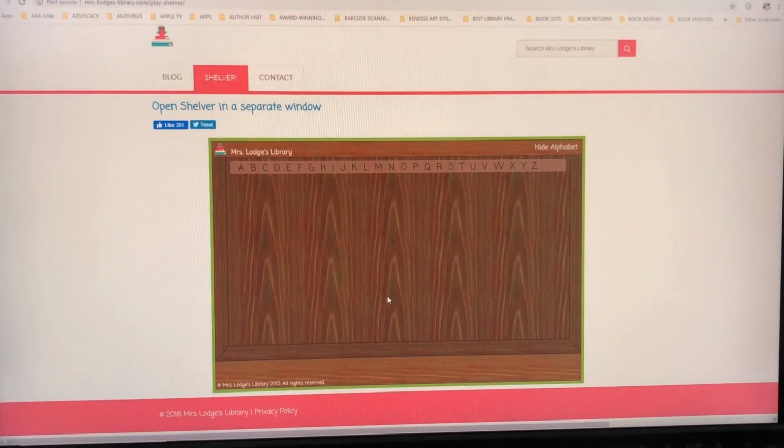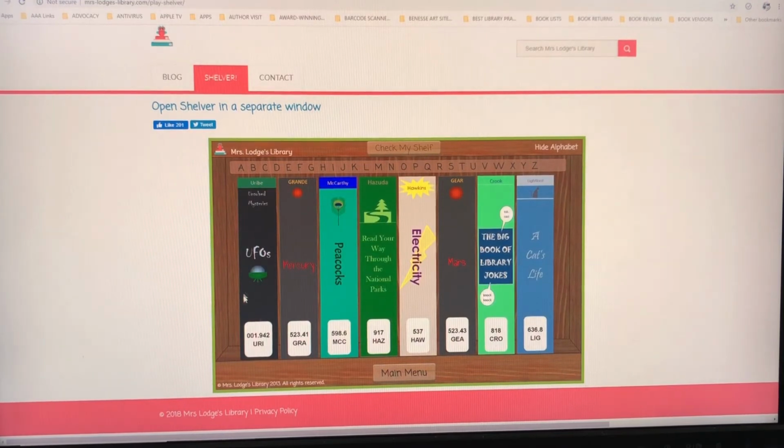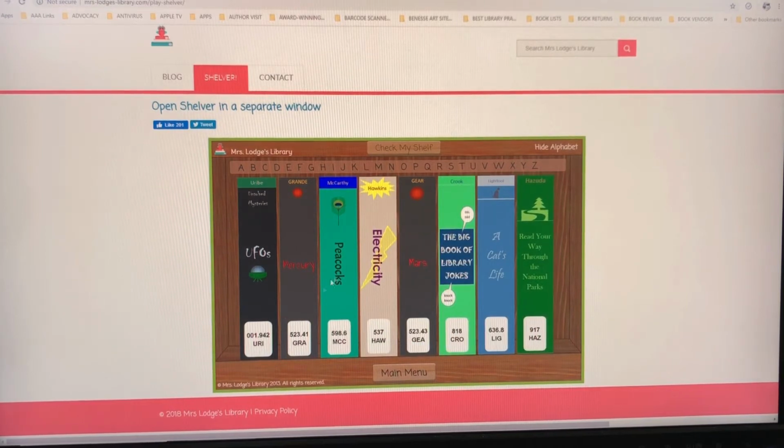Let me just show you what the difficult level looks like. Now this might be difficult for the grades that have not covered decimal points, but just remember that you want to look first at the numbers that are ahead of this thing that looks like a period, which is called a decimal point, and you're going to put them in number order. So this is actually 1, so that's okay where it is. 917 can go to the very end. And then everything else, you're going to have to figure out on your own, all right?